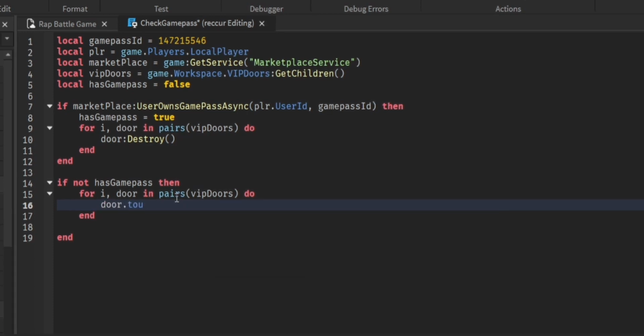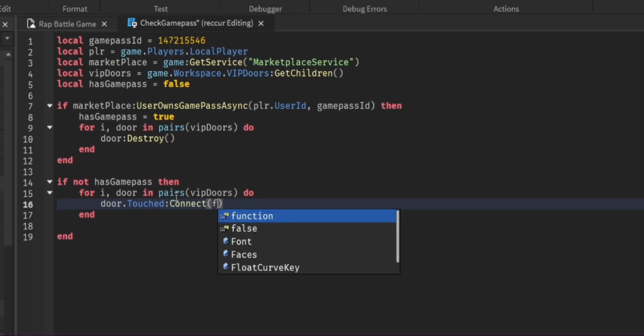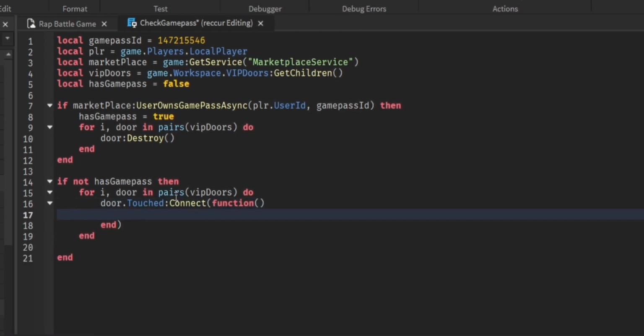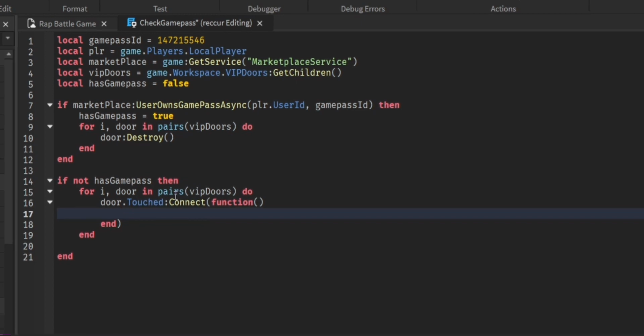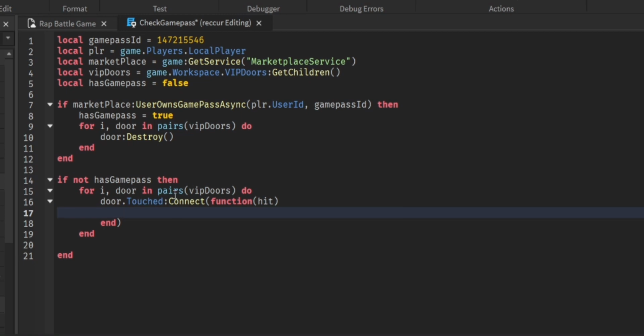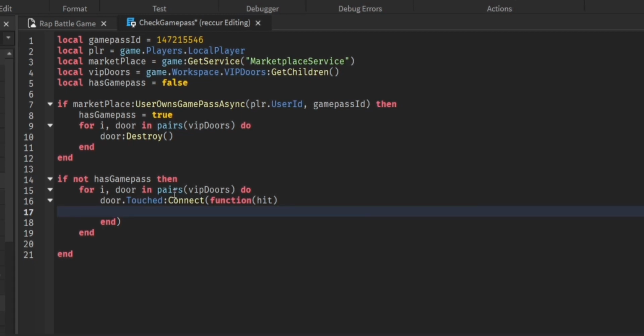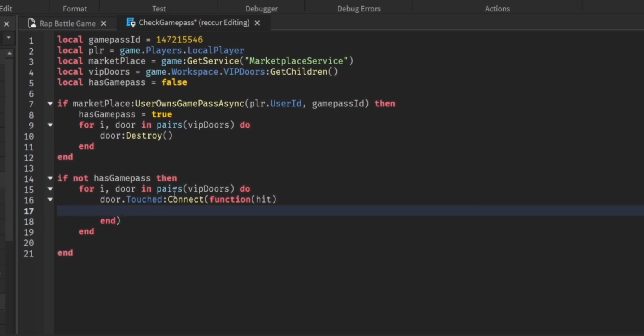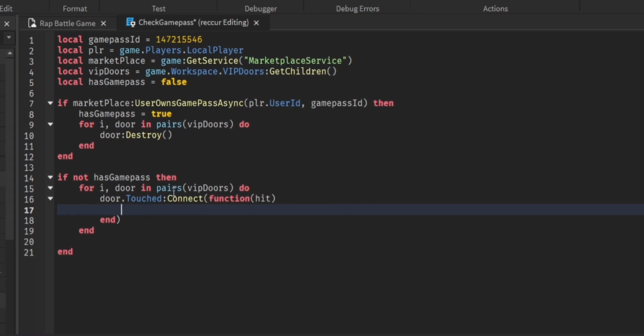Door dot touched connect function, and then we put hit in the parameter. This is whatever hit the door or whatever touched the door. And usually if a player touched it, it would be one of their body parts inside their character. So what we can do is first find if the part that touched the door belongs to a player's character,